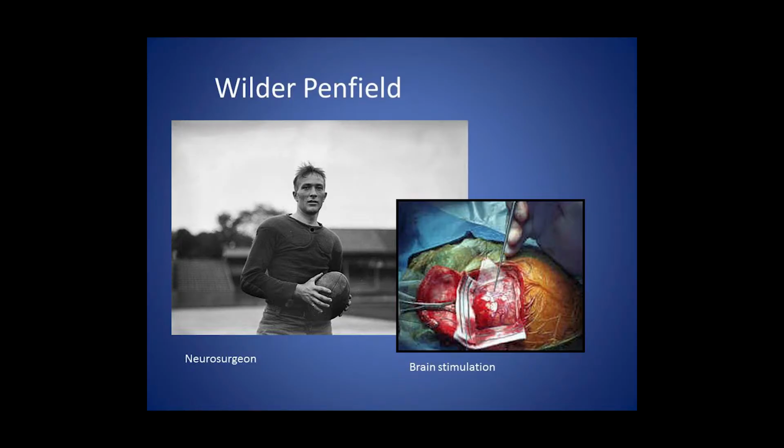He became a neurosurgeon, and as part of the treatment for epilepsy, would take out parts of the brain that had the epileptic focus. But he didn't want to take out parts that were still good, so he would stimulate parts of the brain while the patient was awake, but with their brain exposed, and ask them what they felt. By doing that, he could see what parts of the brain the sensory systems were connected to. When he would stimulate here, the patient would feel something in their arm or in their leg, and he would make a map of the body on the